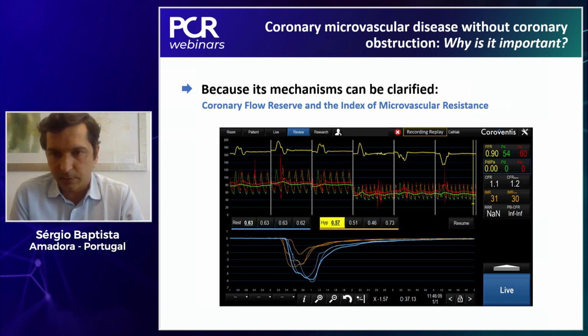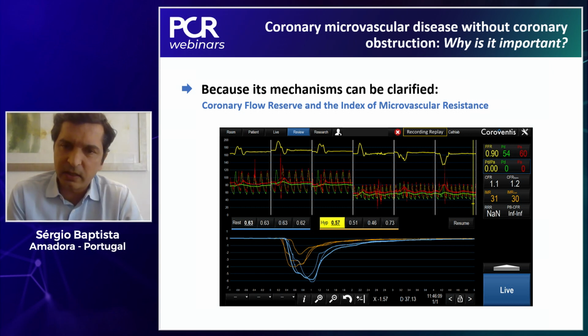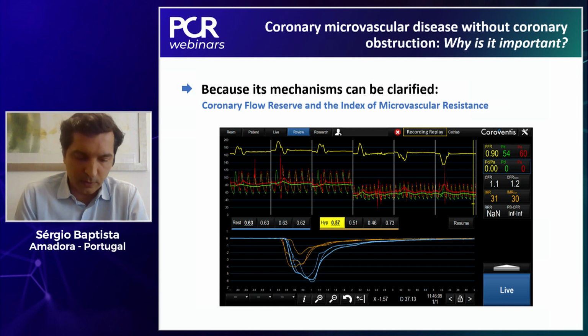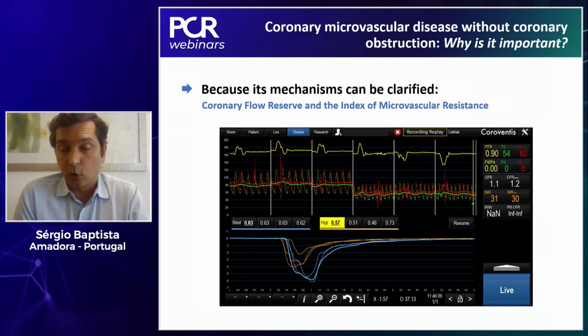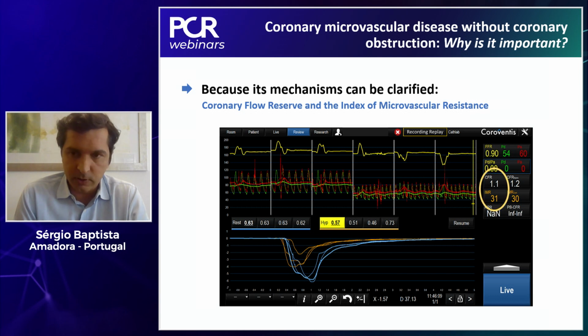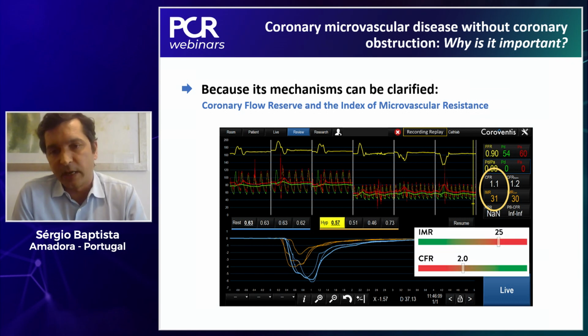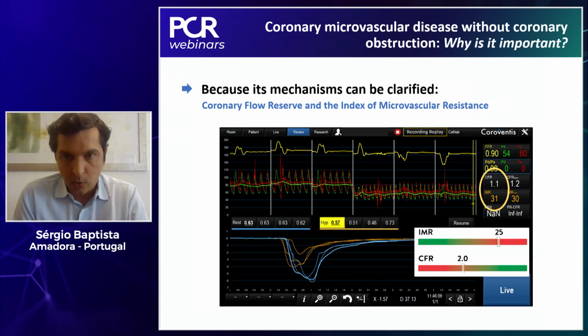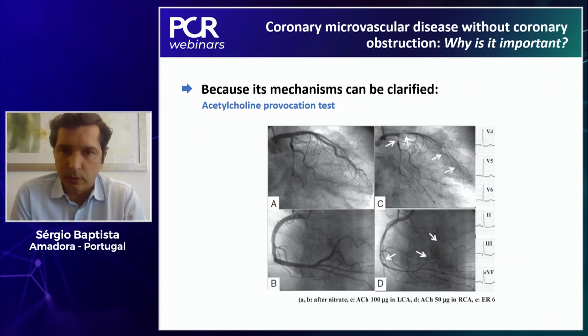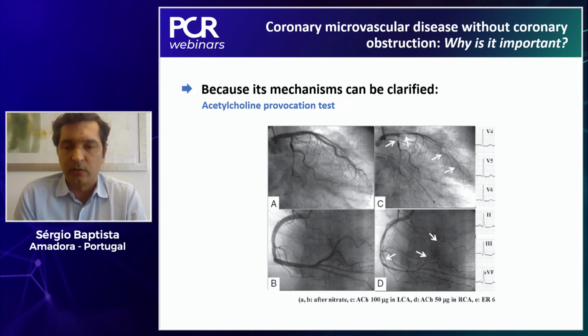microvascular angina. This is an example from our center in a lady. This lady had a positive imaging test and angina, and she had normal coronary arteries with no obstructions, and as you can see, she had a very low CFR, 1.1, and a high IMR, and so this suggests that she has microvascular angina. We can also, in the cath lab, do some provocation tests with acetylcholine and try to